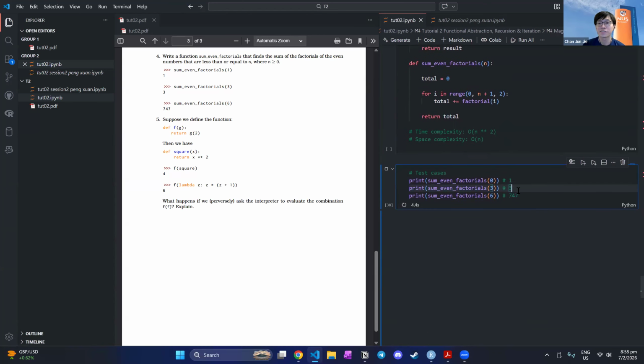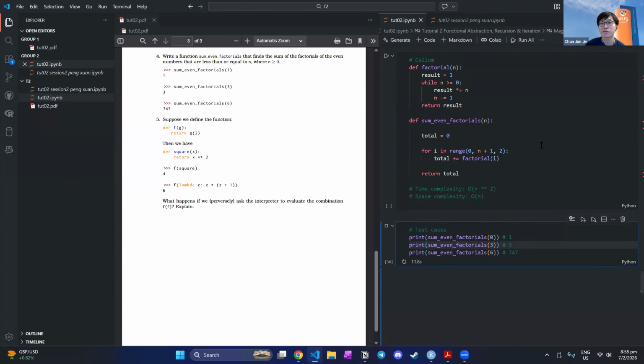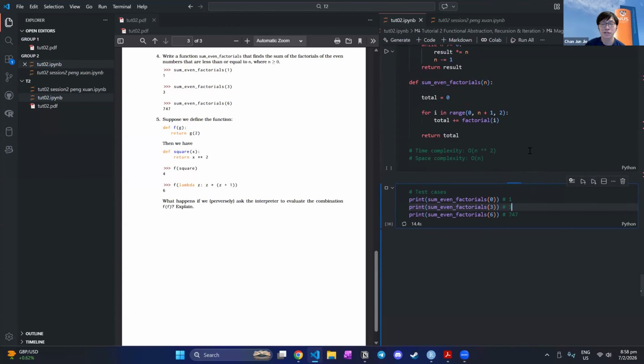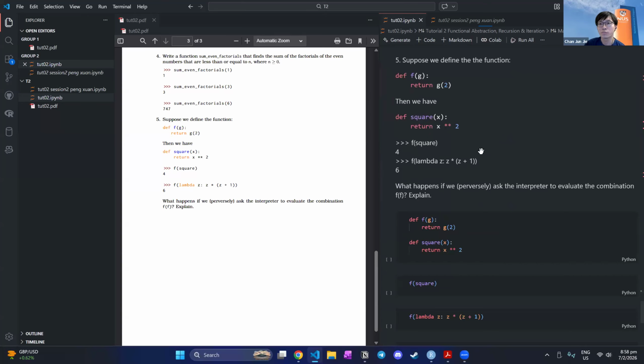Oh, this is not updating, right? But let's say you had the iterative version of factorial and you defined it correctly. So it will run with time complexity O(n) and space complexity O(1) because it has no recursive calls, and it uses a constant number of variables. Then in that case, this could be O(1) if your even factorial uses a helper function that has space O(1). Right, we can move on to